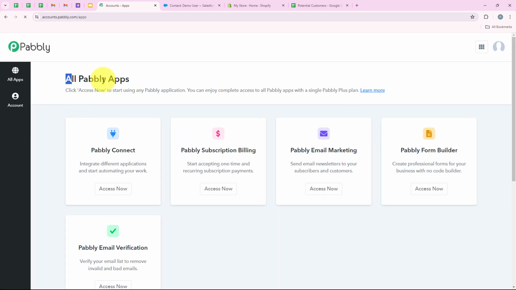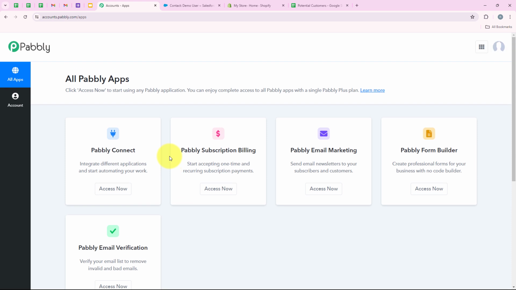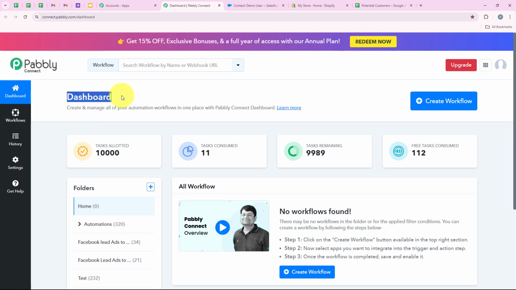And now it is opening all Pabbly apps. Over here you can see all the tools and applications offered by Pabbly. But in today's video, we are going to use Pabbly Connect because we are connecting different applications. So I'm going to click on access now to access Pabbly Connect. And now it is opening my dashboard, and to start with the automation, we are going to click on this